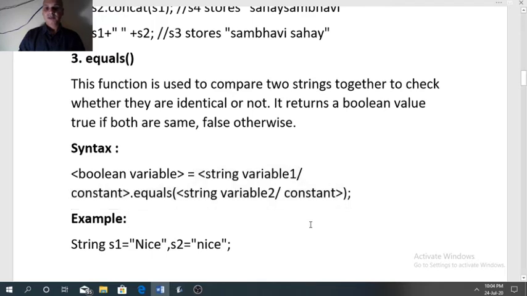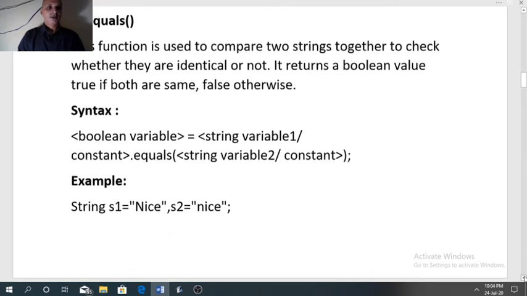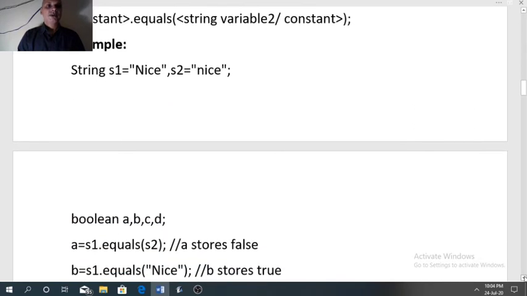See the example here. String S1 equal to Nice, S2 is also nice, but the case is different. Capital N in S1, small n in S2. Now boolean variables A, B, C, D are declared to store the result.